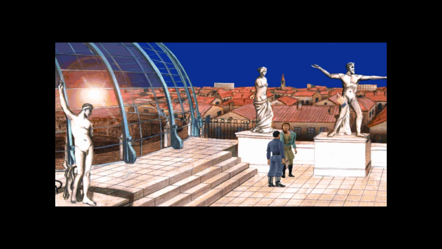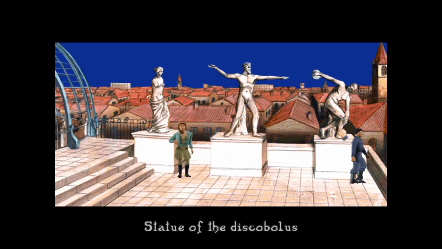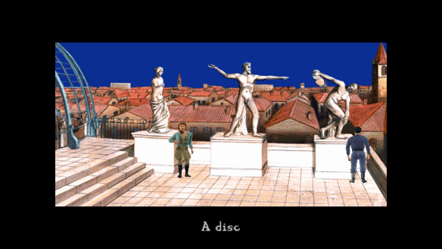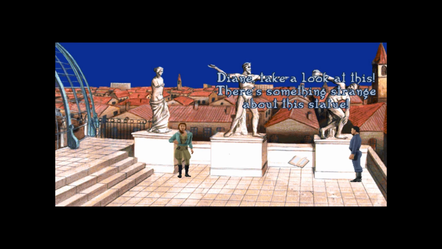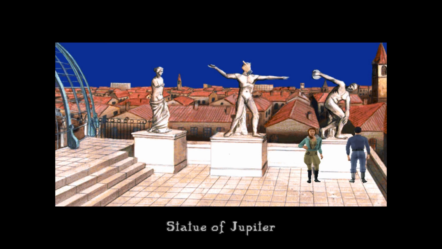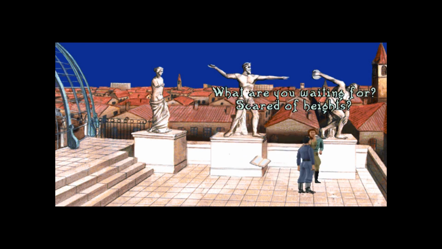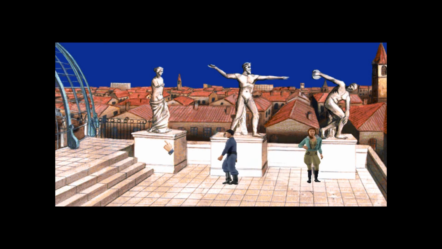Okay. Think harder, Robin. Statue of Jupiter. See this statue? See this? Stupid. I hate it. Wait a second. What's he holding? Diane, take a look at this. There's something strange about this statue. He's holding the solar disc. We need to take a closer look. Well, what are you waiting for? Scared of heights? Statue of Venus? Oh, see, we can reach that. And then...